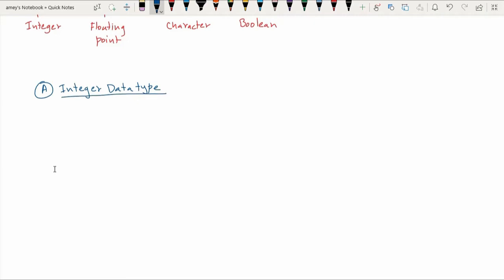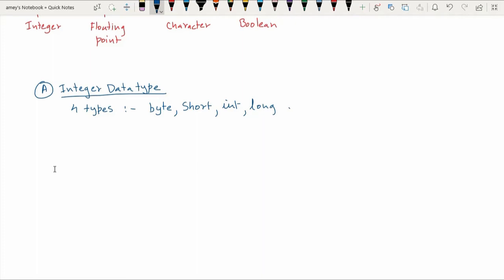In Java, there are four integer data types: byte, short, int, and long.